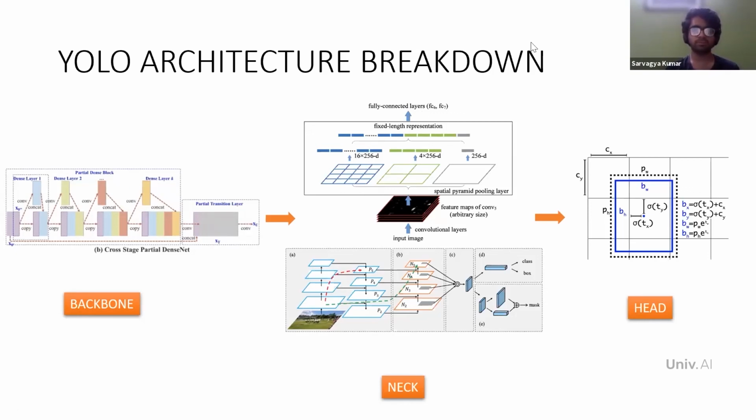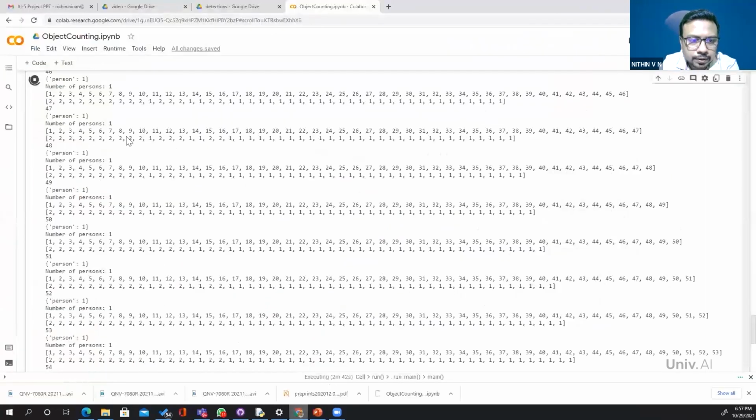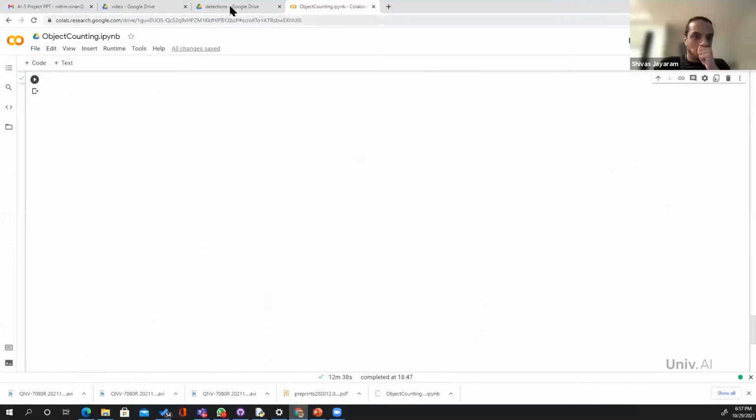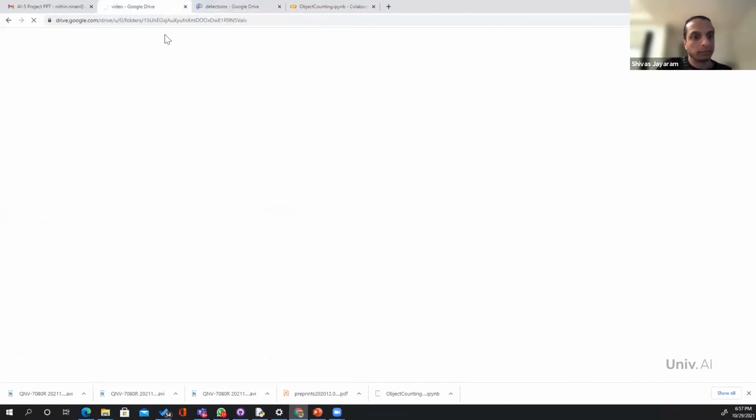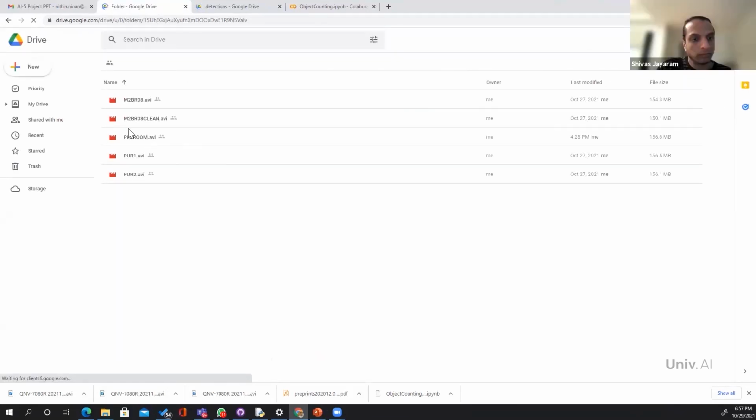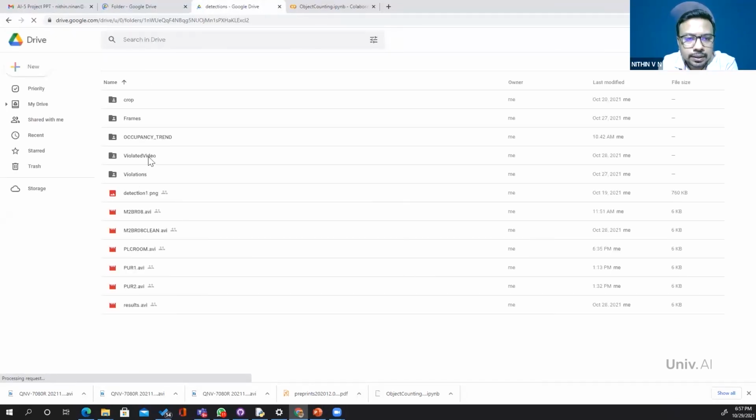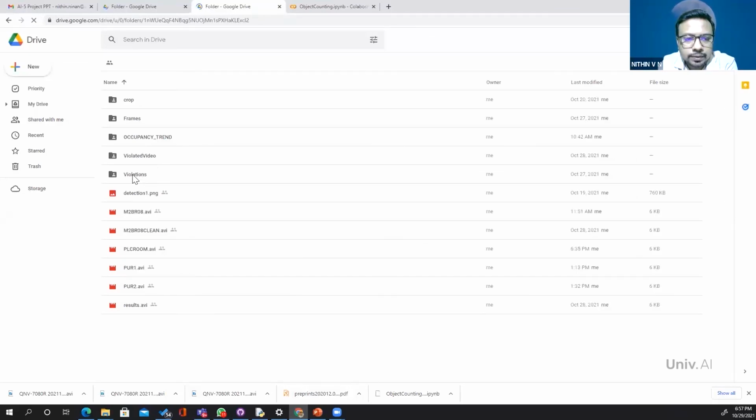Yeah, I'll just show you one live streaming which we are doing now. Here, we'll have folders where we are having the room footages coming in. For example, I have started it for the PLC room, and here in the detections folder, we'll have multiple folders like occupancy trend, violated video, and violations. So in violations, if you see now,